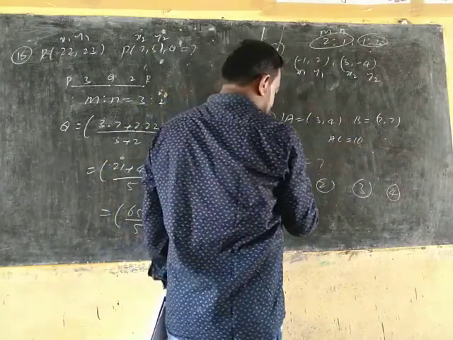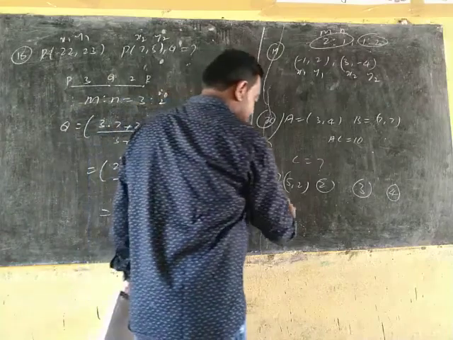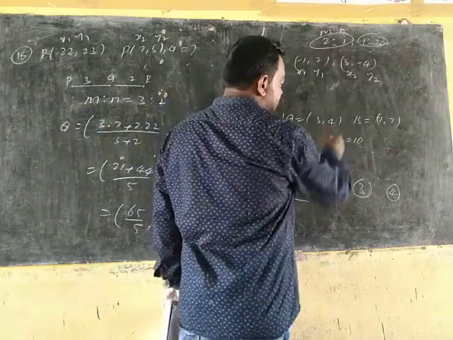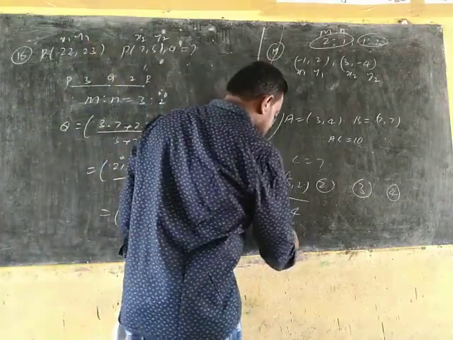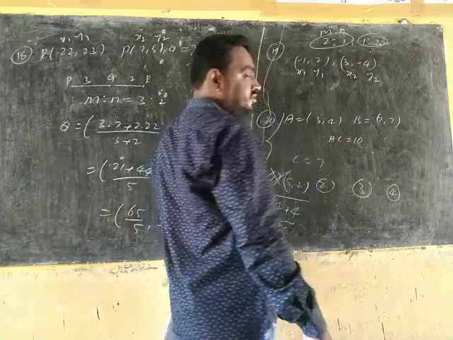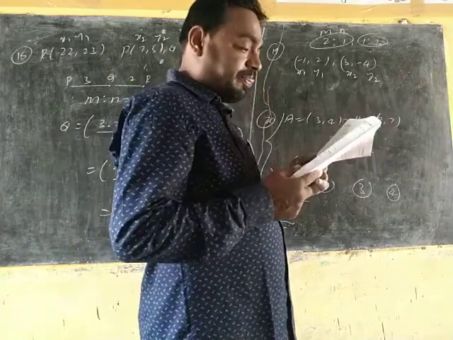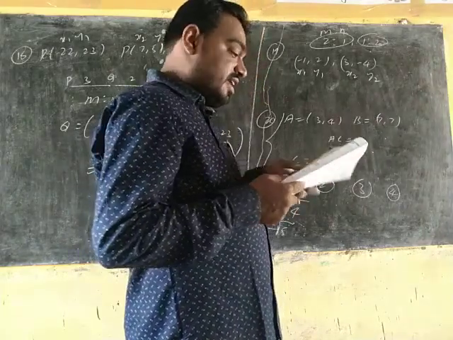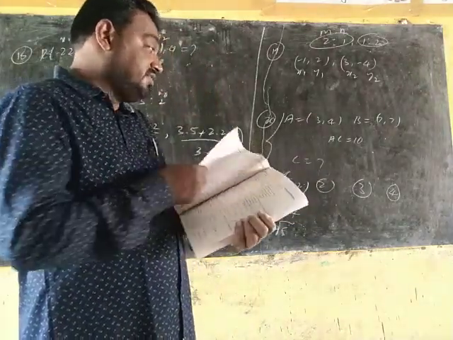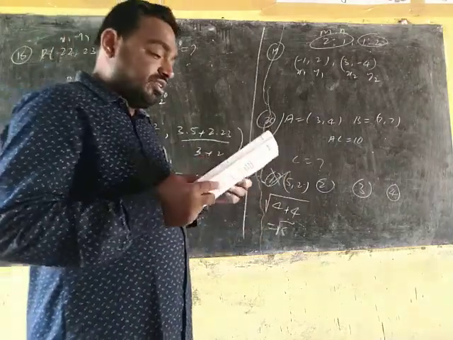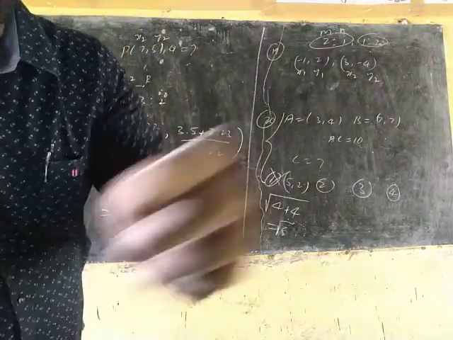For example, I am checking option 1, you see 5 minus 3, 5 minus 3 is 2, 2 square is 4, plus next 2 minus 4, 2 minus 4 is minus 2, minus 2 whole square is equal to 4. 4 plus 4 is 8, square root of 8. So option 1 is wrong. Like that, eliminate it. So which is the correct answer? Which satisfies, that is the correct answer. So for 20th question, option 3 is satisfying. Next, coming to 21st question.